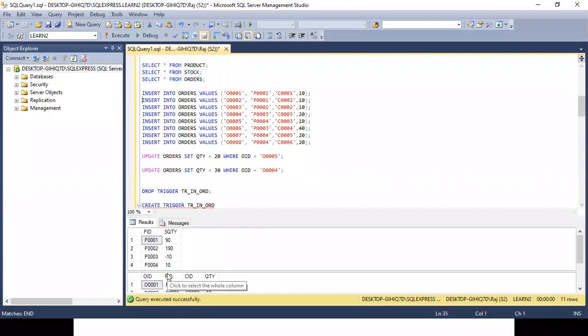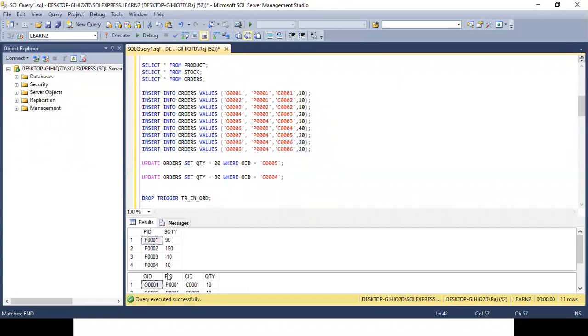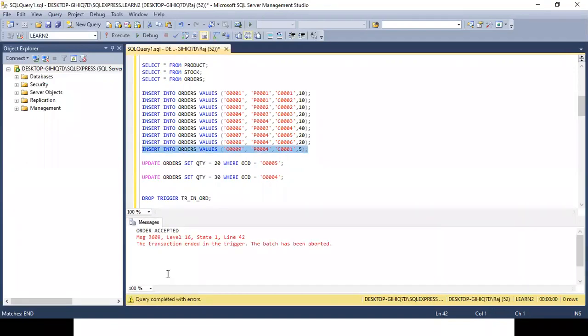Let's place an order for 5. Order number 9, product is 4. Let's take customer number as 1 and ordering for 5 quantity of this product. Let's execute this. It says order accepted.